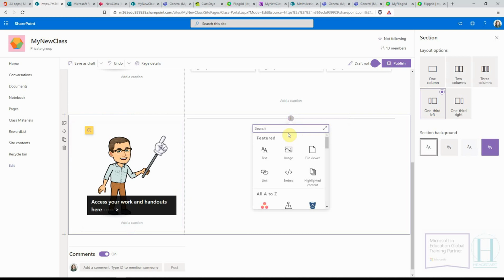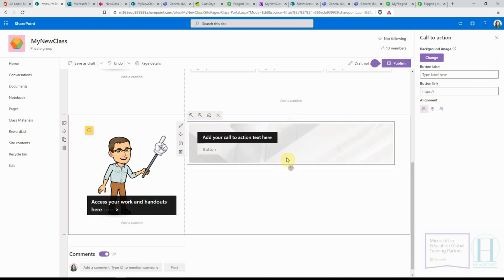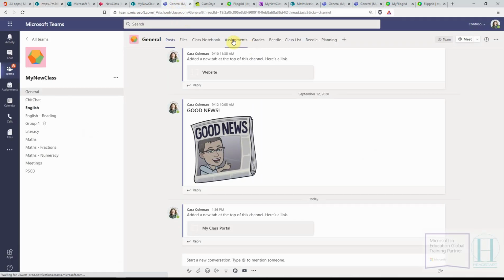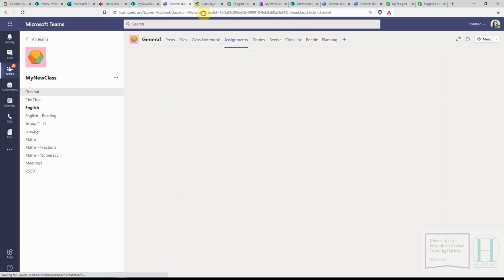Okay, and over here I'm going to insert something called the call to action button. So that creates a box like this, and here I'm going to say access homework here. I'm going to align this to the center. The button now is going to have a label of assignments, and the link is simply going to go to my assignments tab over here, and I'm going to copy